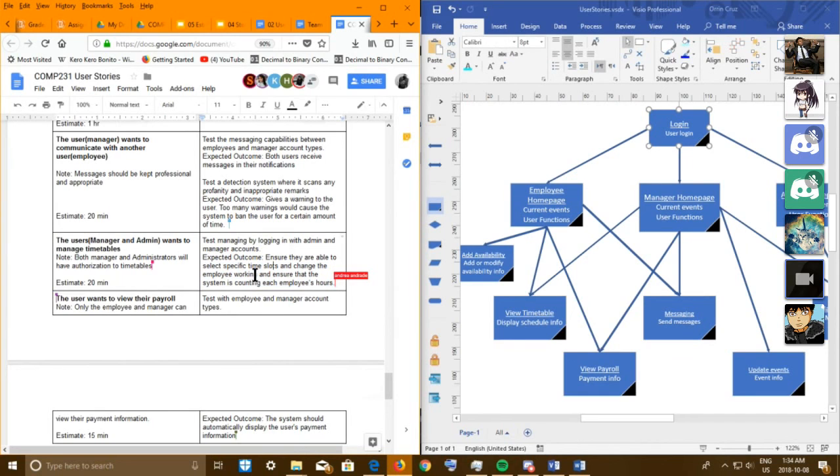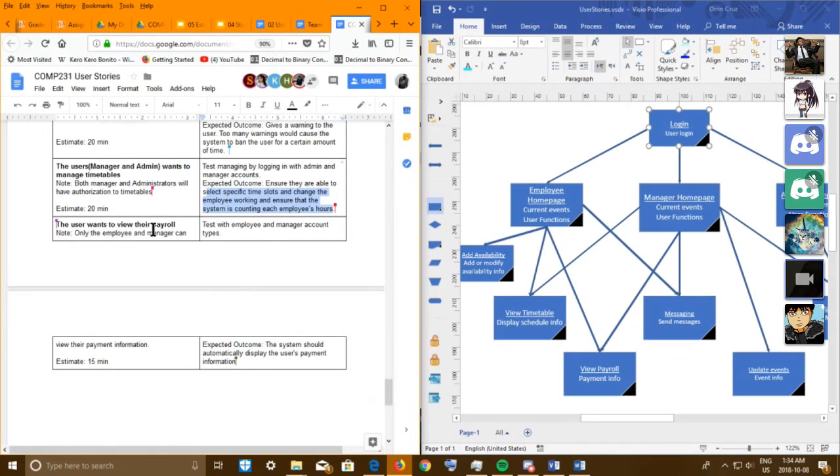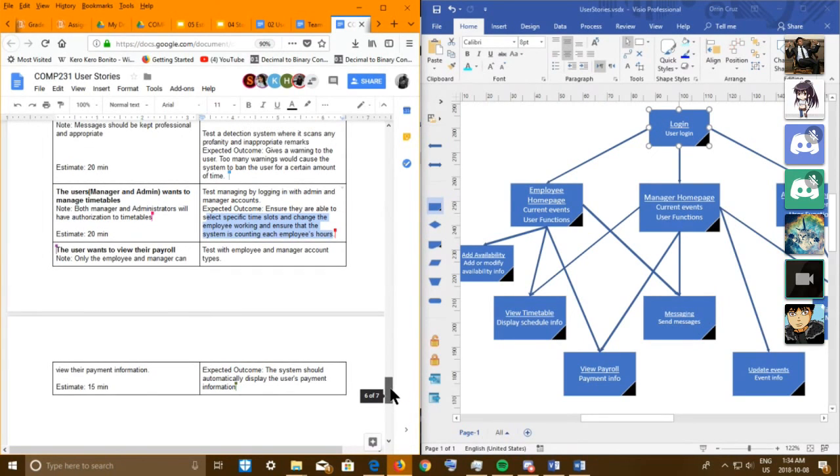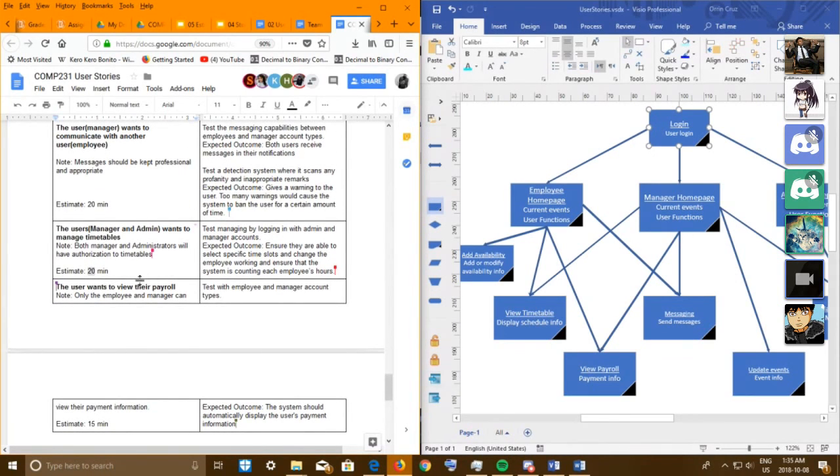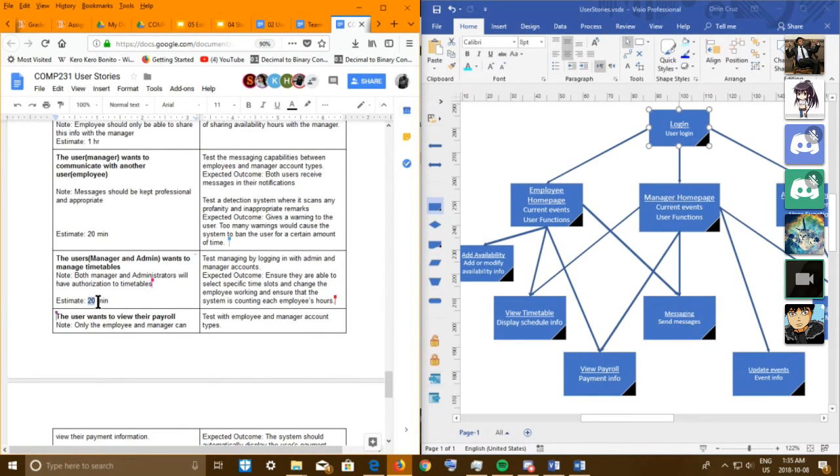I feel like our timing's off though. What do you mean? The estimation of the time? Like 20 minutes. 20 minutes? I do agree with the description and estimate time. Wait, who's the one who wrote 20 minutes? Oh, I did. Explain why it was 20 minutes. I just did an estimate. Estimate? Oh, well,